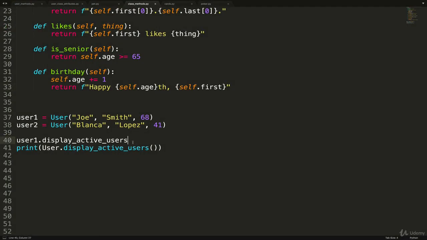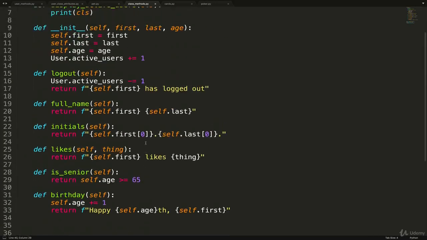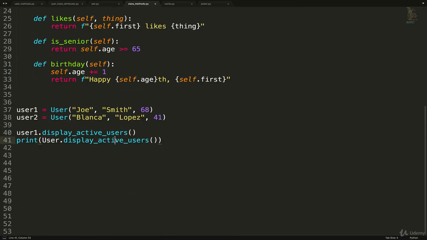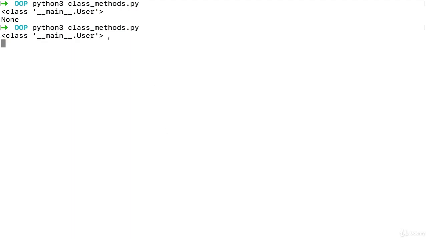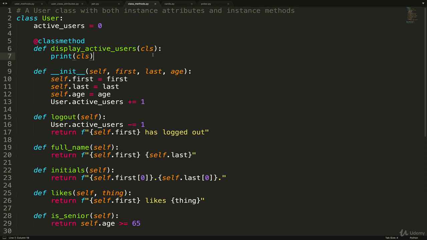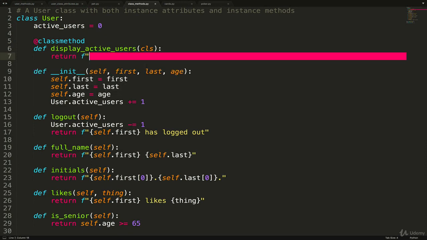And just to show you, we can do the exact same thing. I actually don't need to print this because I'm calling print in there. If I execute it now, we get the same thing. So either syntax to call it, we can call the instance dot class method or the class name dot class method. Either way, because we defined it as a class method, the class will be the first argument that's passed in, in this case User.